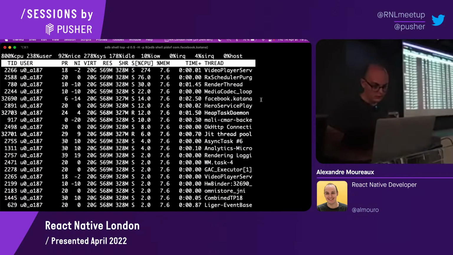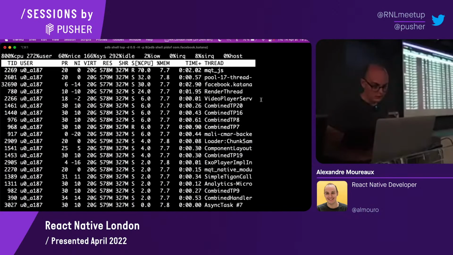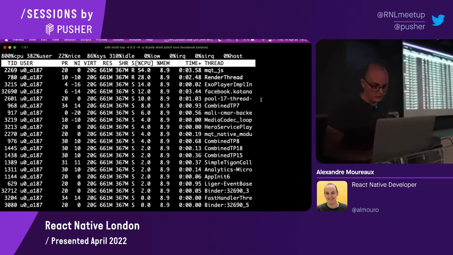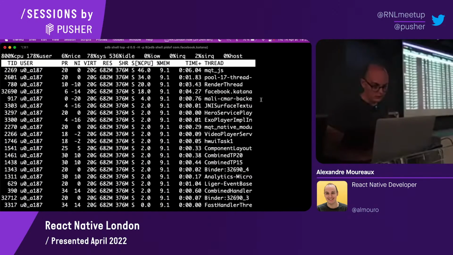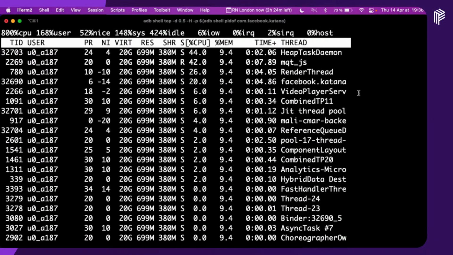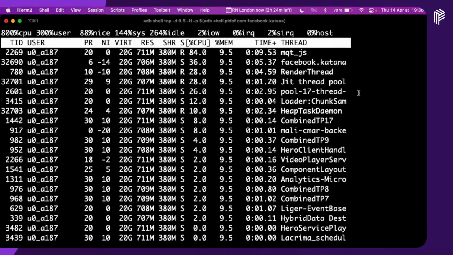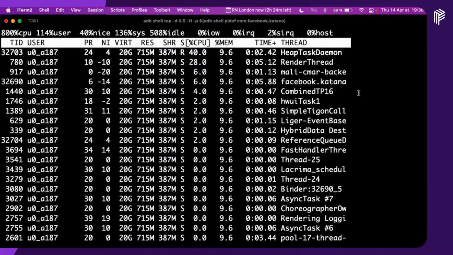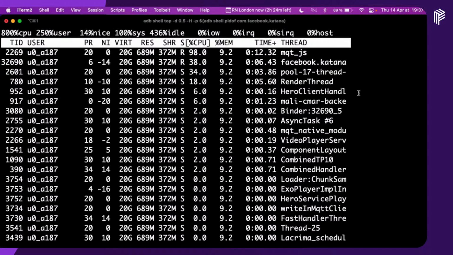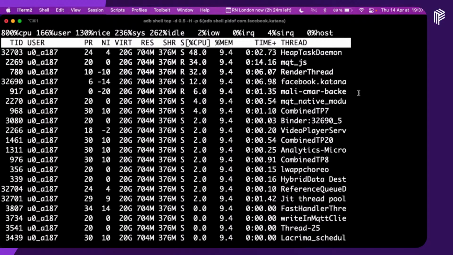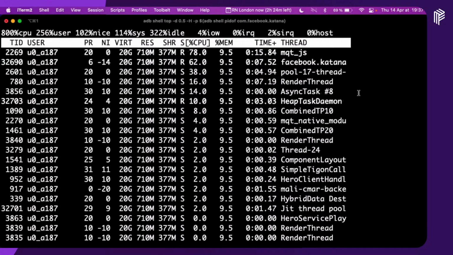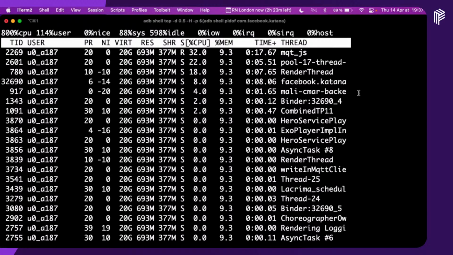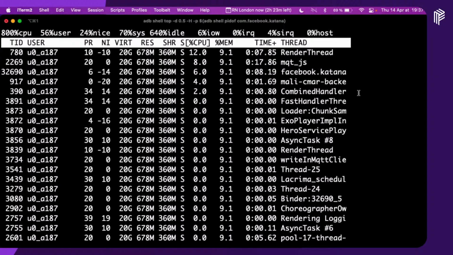But if I scroll, the mqt_js should get a bit higher, because to be honest, I think they have really badly implemented their list. I think some memo in there is probably missing, because this is an S10, which is not a bad phone, but I'm just scrolling and it gets up to almost 100. Yeah, 100. There we go.